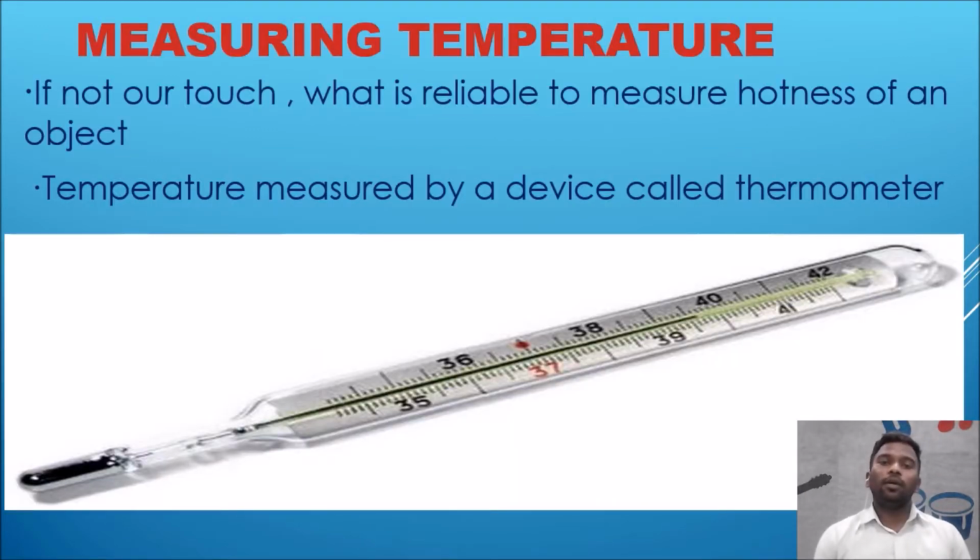Children, here is the next topic, measuring temperature. How can we measure the temperature? Generally, if you touch a hot object which is placed on a flame, you feel that it is very hot. Then how can we come to know that it is a very hot object? If you touch the hot object, automatically heat energy transfers from the hot object to the cold object. Here the hot object is a vessel and our body is a cold object compared with the hot vessel, right.